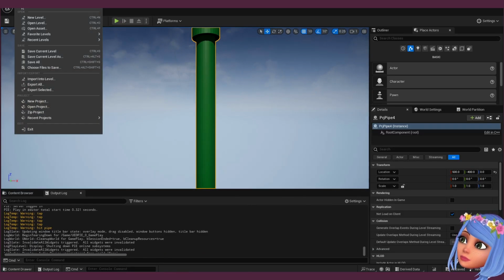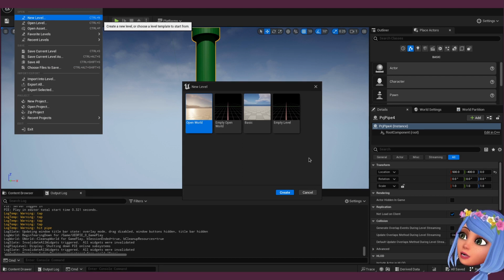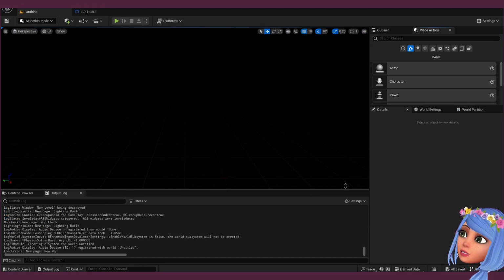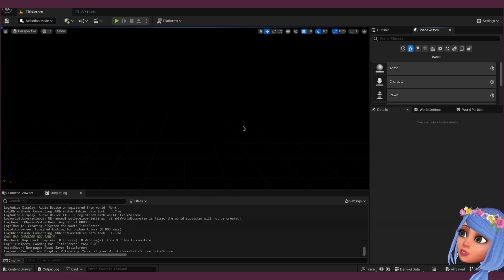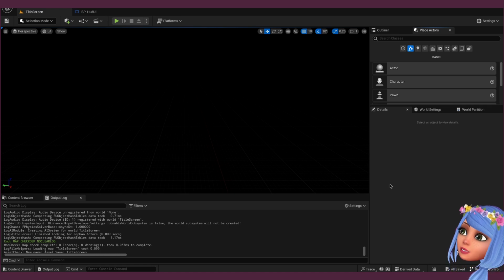a new level, an empty level, and call it save. So this is gameplay and this is going to be the title screen. And I think just to save time, I'll do things in blueprints for this.